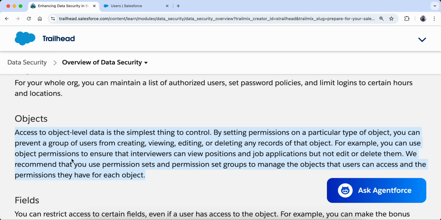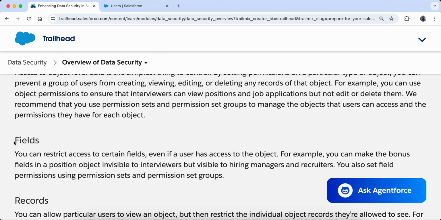Okay, and now the access we give is creating, viewing, editing, deleting the records. So a person can create, view, edit, or delete the records. Now if we don't want a person to create, we just want a person to view, we can give only view. Okay, if we want everything, we can give everything. So it depends on us what kind of access we want to give to that particular user.